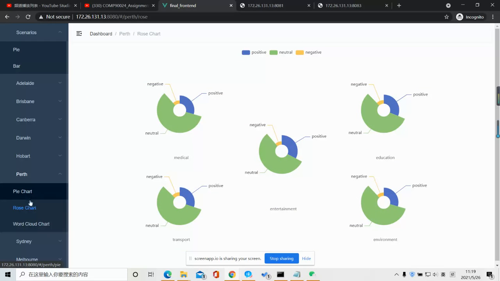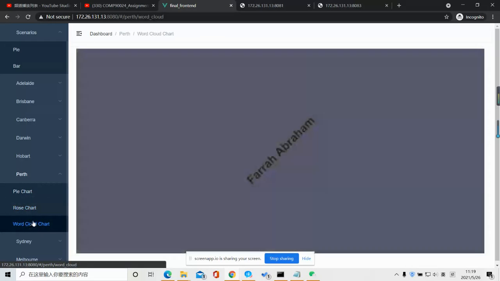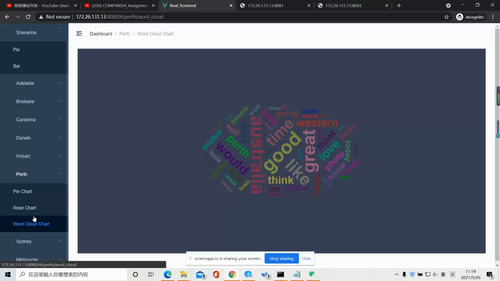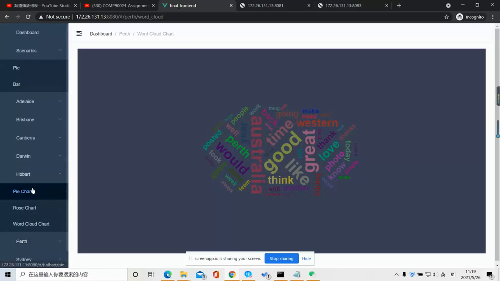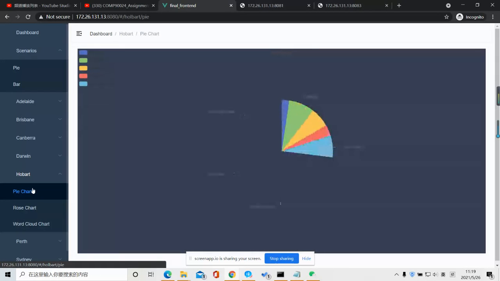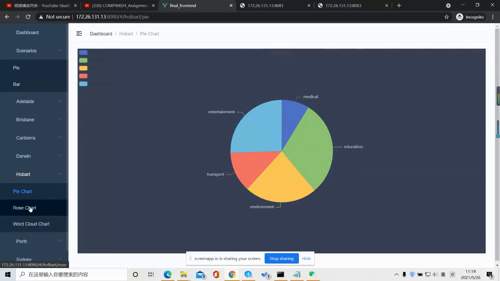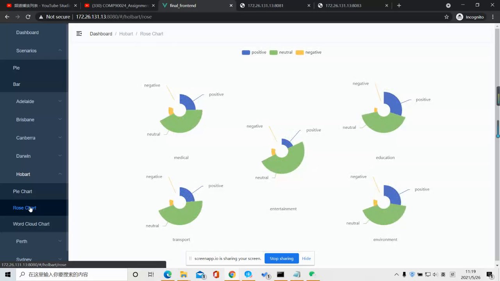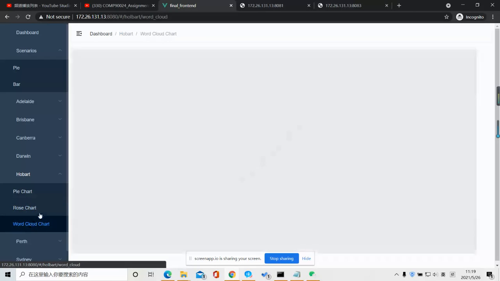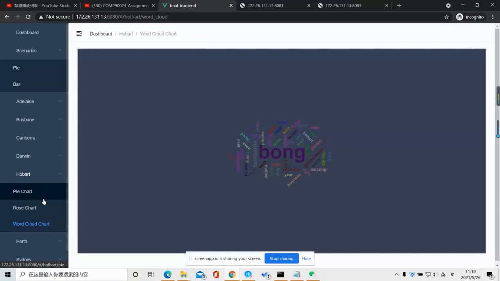This is the rose chart and word cloud for Hobart. Hobart rose chart. Hobart word cloud chart. I don't know what bun is, but it's very interesting to see this word appears the most often in tweets